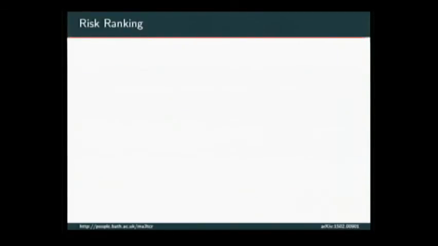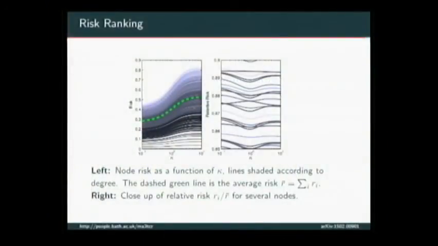Okay. You can try and do the same thing as I showed you before about ranking the nodes according to which seed is the most likely to cause a big spread in the network. And there you get an absolute mess. So I don't even begin to know how to understand what's happening here. So I'm doing the same thing. I'm varying that parameter for disease lifetime. So this is like the memory of the disease process. So this is going from heavy-tailed to memoryless to Dirac delta. And I'm ranking the nodes according to how risky they are. So which one is the best seed.